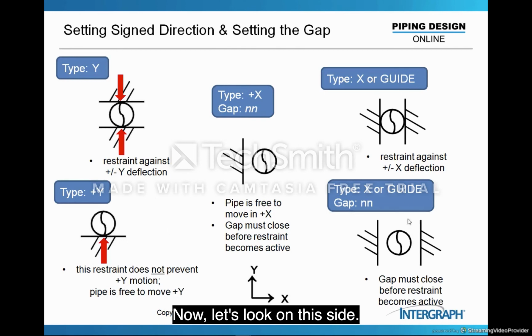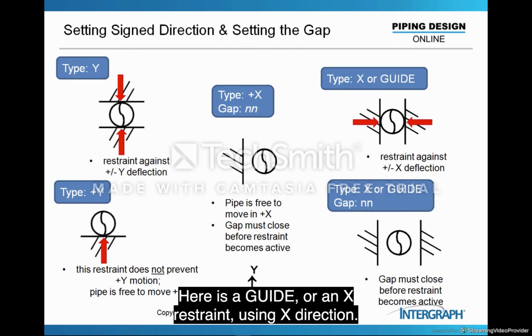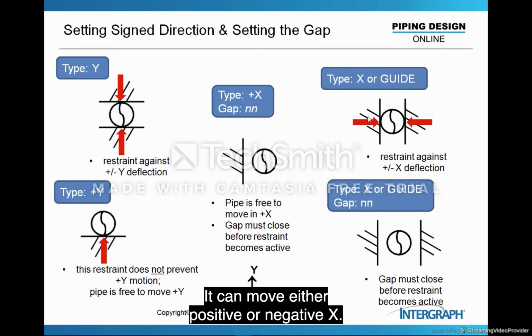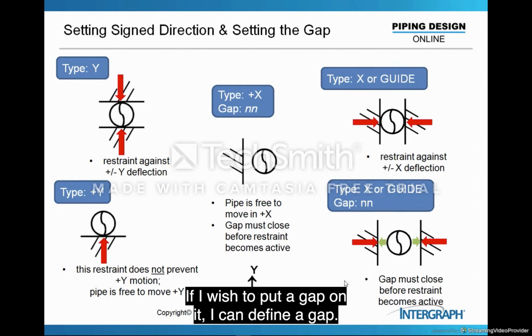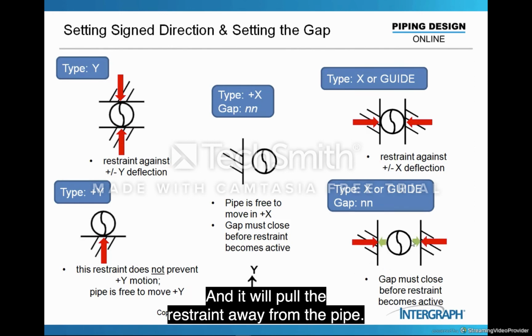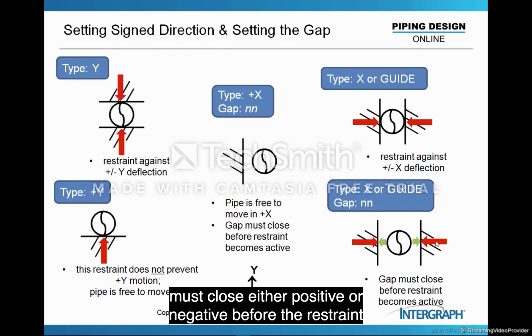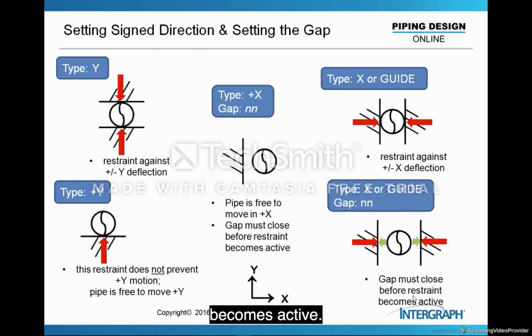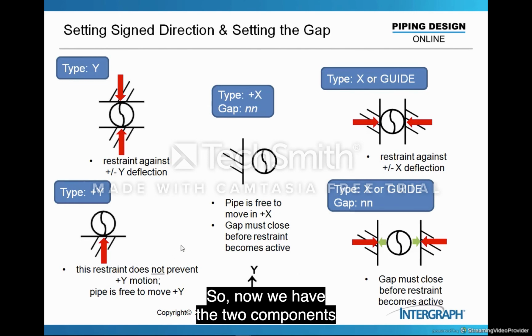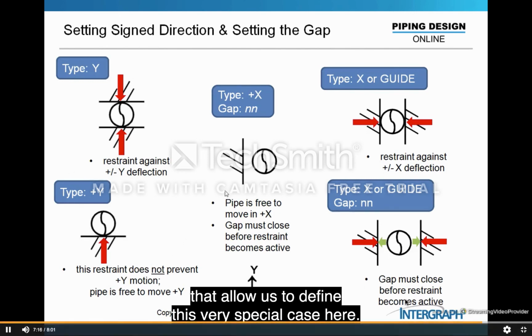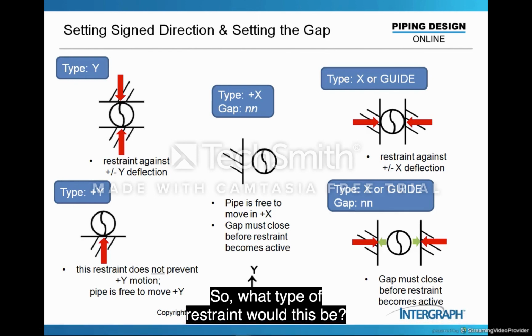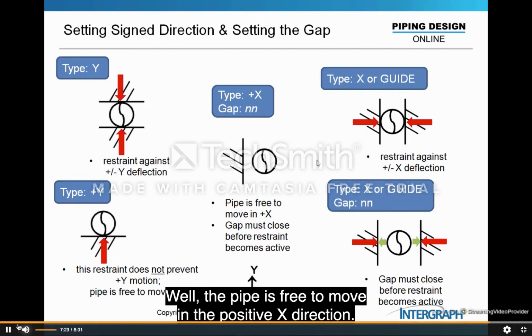Now, let's look on this side. Here's a guide or an X restraint, using X direction, an X restraint. It can't move either positive or negative X. If I wish to put a gap on it, I can define a gap and it will pull the restraint away from the pipe. So the way I interpret this is that the gap must close either positive or negative before the restraint becomes active. So now we have the two components that allow us to define this very special case here. So what type of restraint would this be? Well, the pipe is free to move in the positive